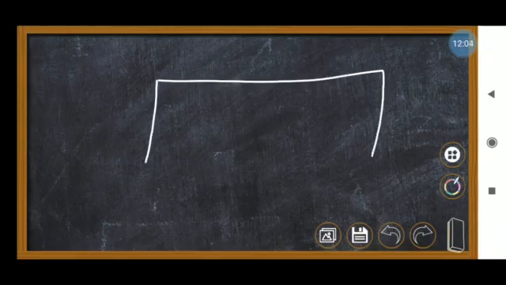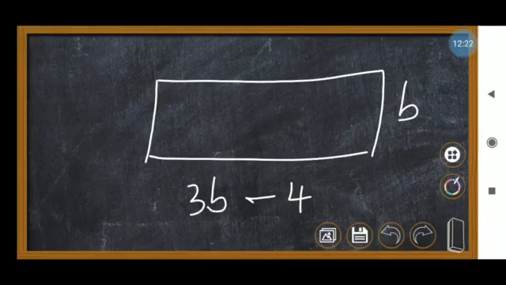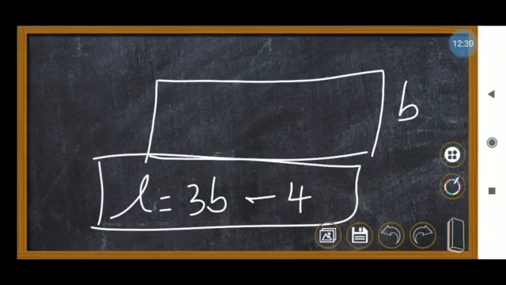Then if you move to the next question, question B: the length of the rectangular hall is 4 meters less than 3 times the breadth of the hall. What is the length, if the breadth is b meters? If you look at this problem, first we have to draw a figure, the rectangle. They said the length of the rectangular hall is 4 meters less, so 4 meters less means minus 4. I have taken the breadth as b, so 3 times the breadth means 3b. So the length should be 3 times the breadth and 4 meters less, so L equals 3b minus 4. This is what we have to find, students.